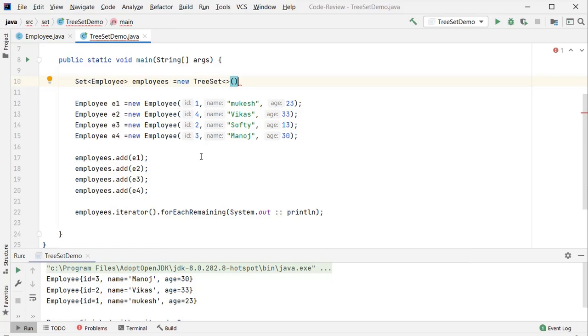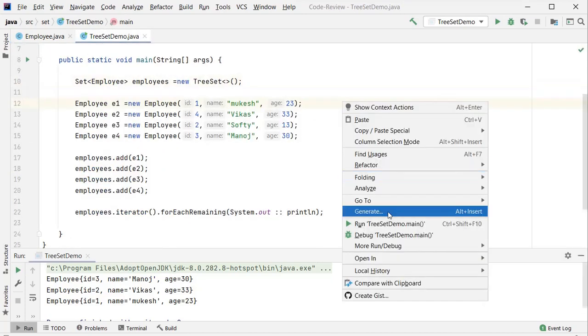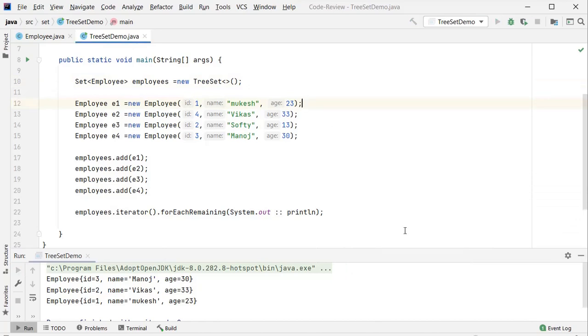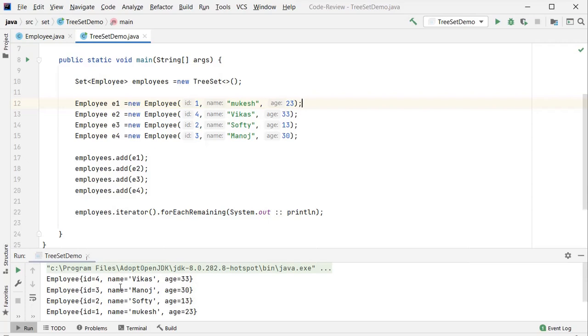That we can also do from our compareTo method implementation. So simply here you can change this logic. Okay, then I'll run it and show you. You can see this is now coming in descending order.